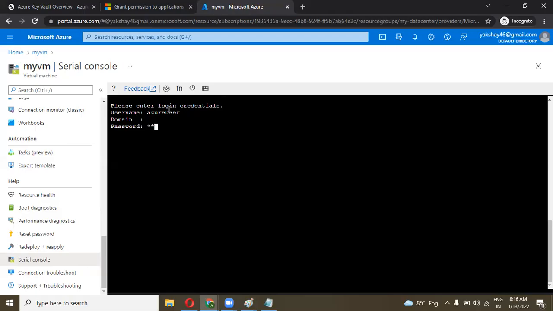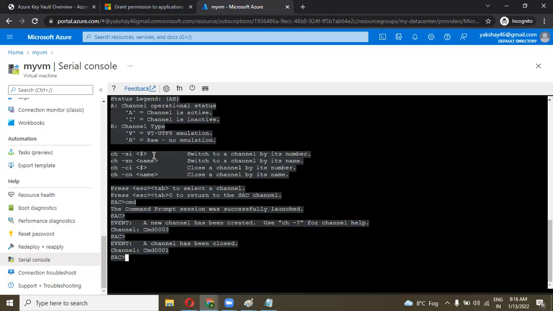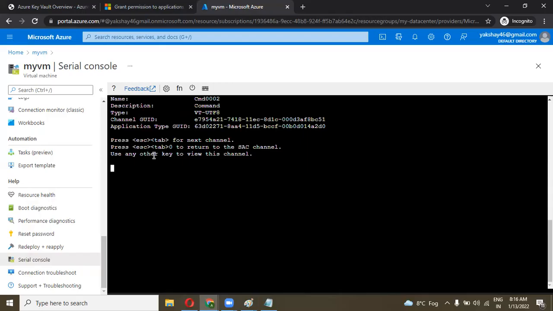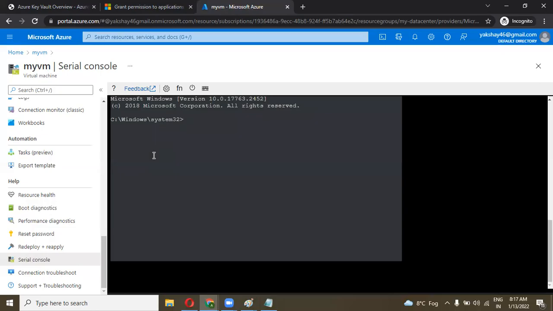I need to enter the machine password. When I enter this, it says attempting to authenticate and unable to authenticate. Let's try once again. Azure user, domain is blank, and let's give the password. Attempting to authenticate. Now it has authenticated me.